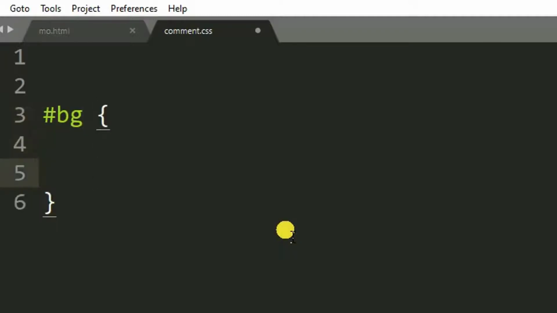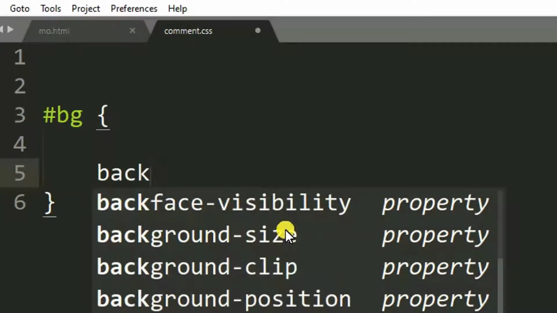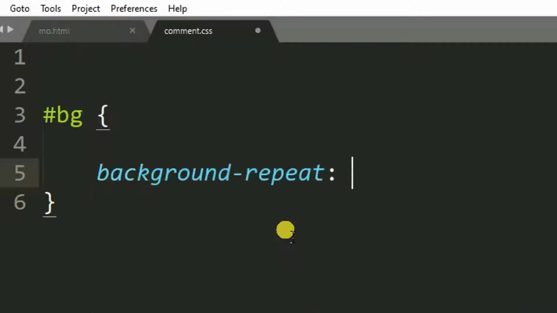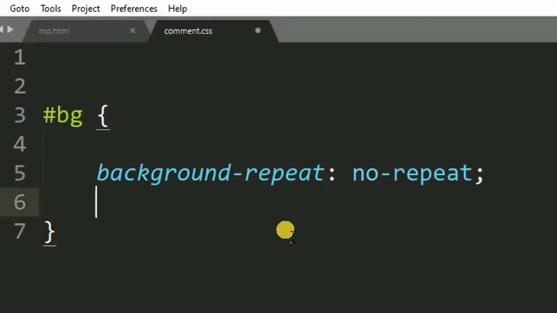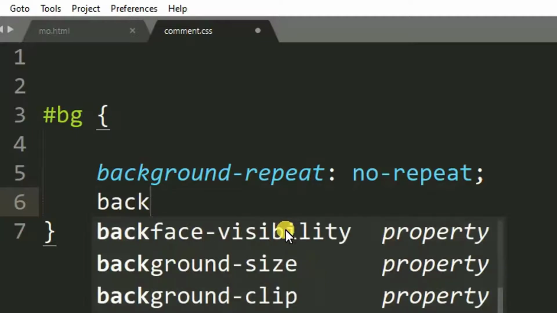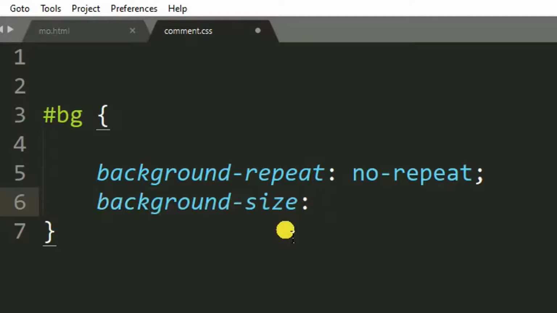Then after, we need to set some properties like background repeat, yes, background repeat, no repeat. Then after, we need to set background size. Let's say background size is, yes, something like this, px.